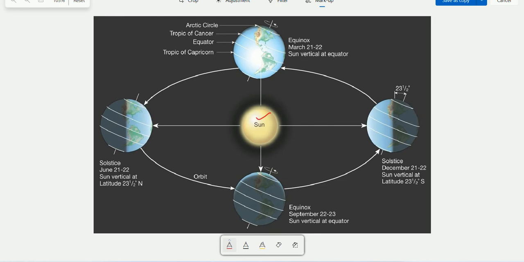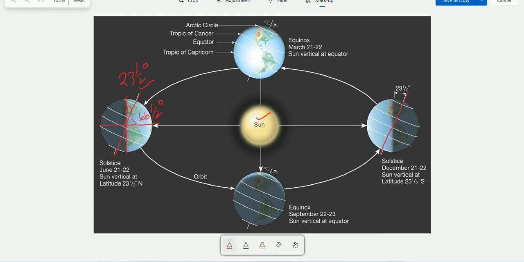Okay, here we have the sun in the middle, and you must know that this is the axis. Our axis is inclined in this way. Let us say this is a vertical plane, and our axis is inclined at an angle of 23.5 degrees from the vertical plane, or about 66.5 degrees to the orbital plane. And because of this inclination of the earth's axis towards the sun or away from the sun, we have